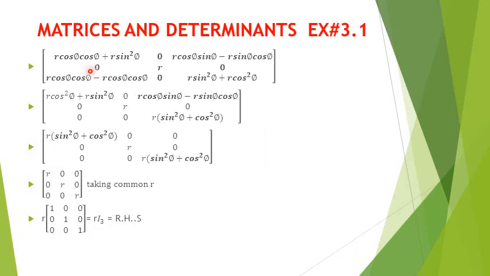Now you can see that R cos square 5, sin square 5. Okay, so this can be cancelled, 0 0, sin square 5 plus cos square 5 is what? 1. Because sin square theta plus cos square theta, you have read in matric, is equal to 1, so sin square 5 plus cos square 5 is also 1. 1 times R is R, R again R, 1 R, because 1 times R is R, so 0 0 0. So I'm just taking R common, R is here, so this is the I3. So I have proved that R times I3, that is the right hand side.